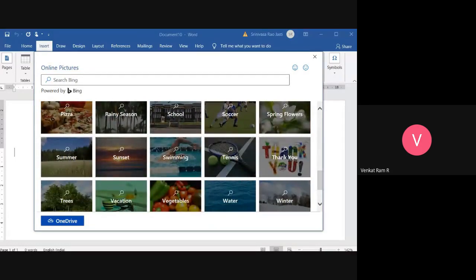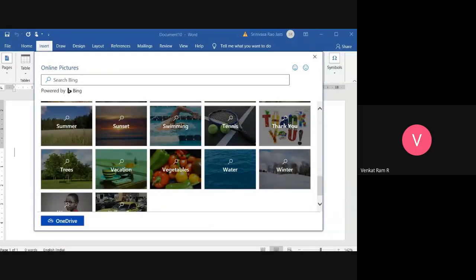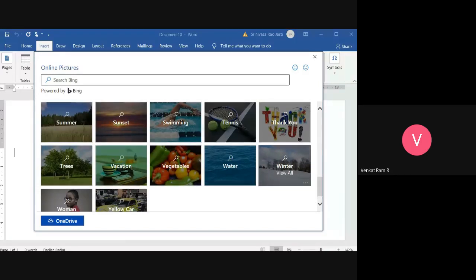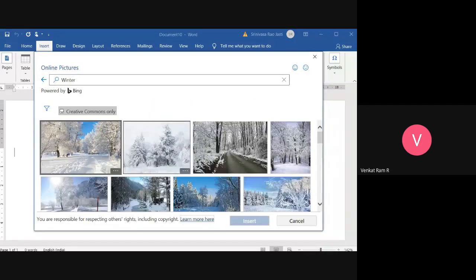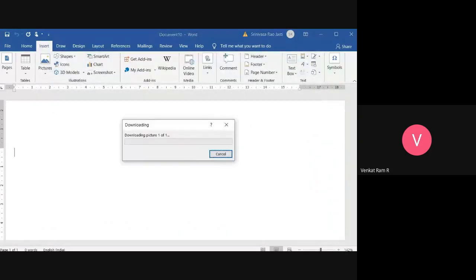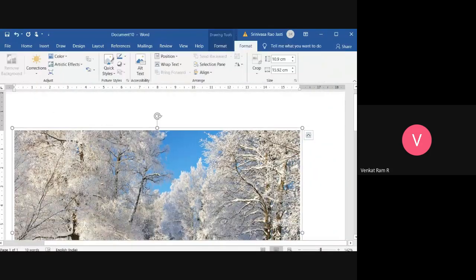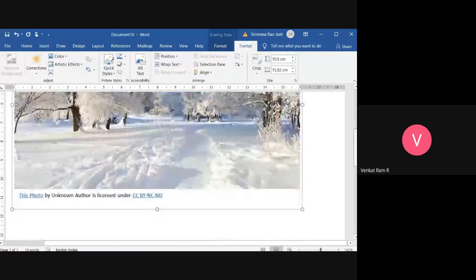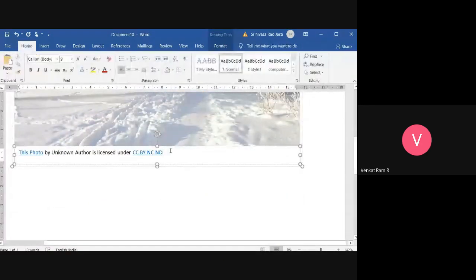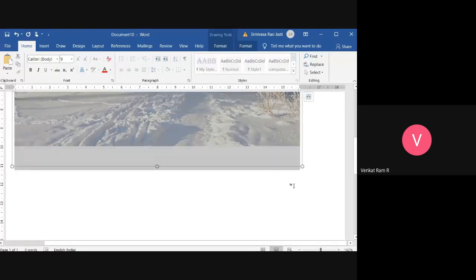Okay, in a template, yes, we can edit it. Just select any picture you require and just click on Insert. If you don't want this, just delete the comment. That's it. Done.